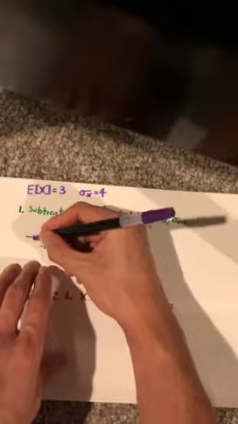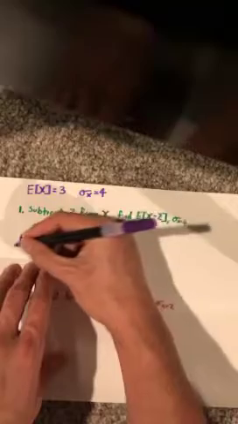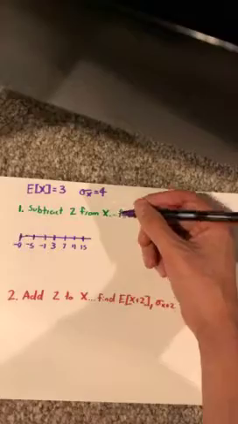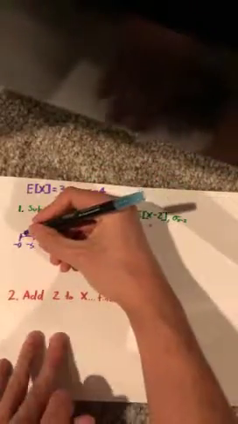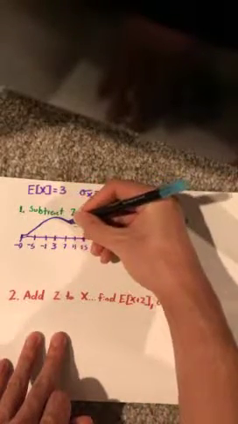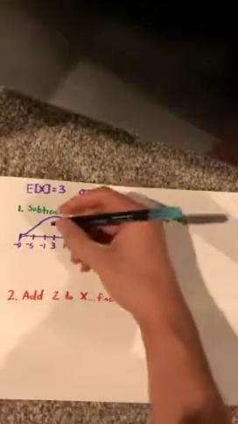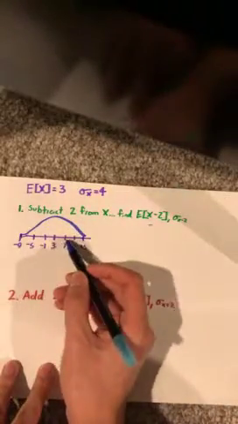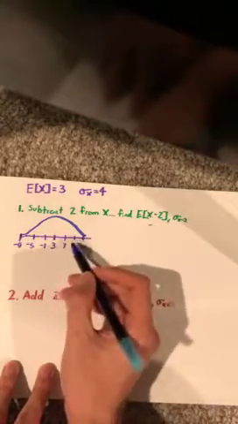and going this way we'll have -1, -5, and -9. I want to make sure you guys can still see that. So in this case we have a distribution. We're just going to make it look normal, and we're not sure if it's normal or not, but we'll make it look normal for simplicity's sake. This is our regular x distribution. It's centered on 3, and it has a standard deviation of 4 right here, and then most of it falls within 3 standard deviations